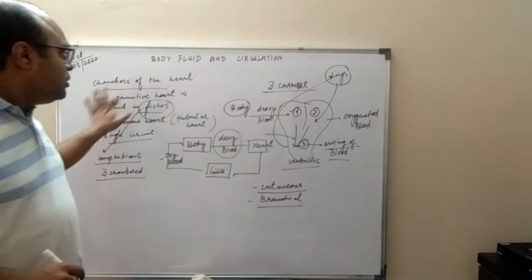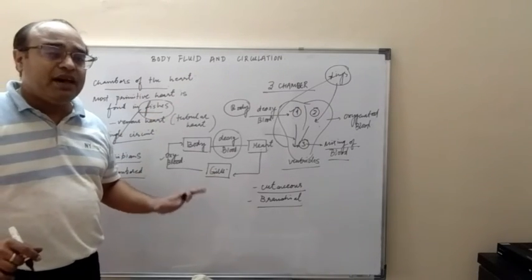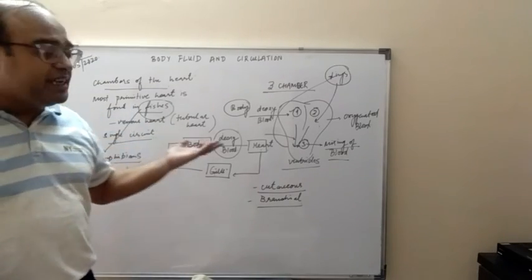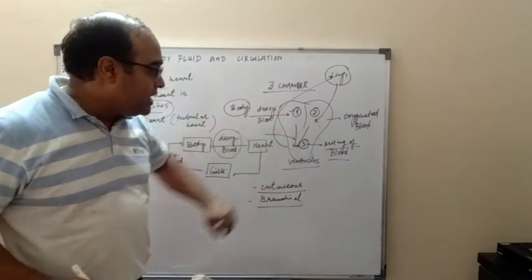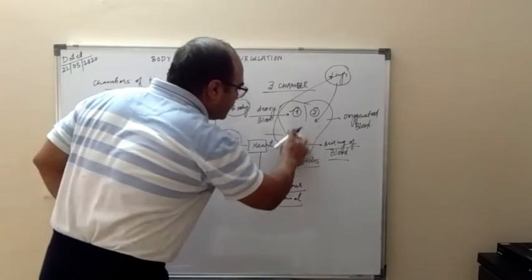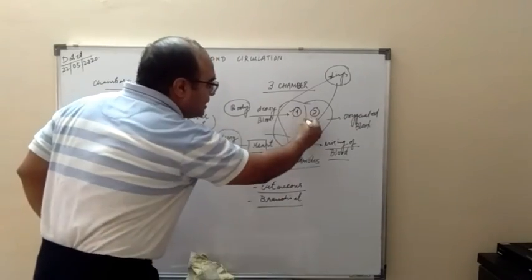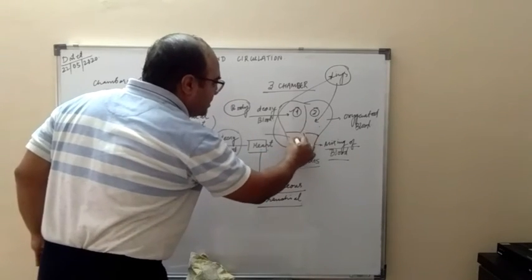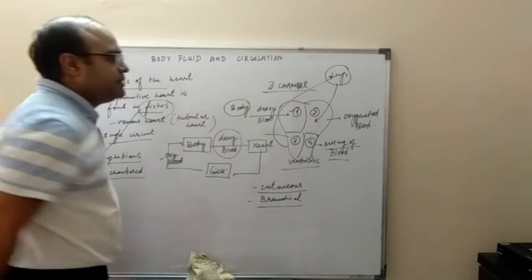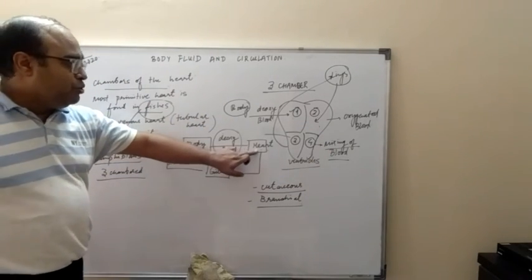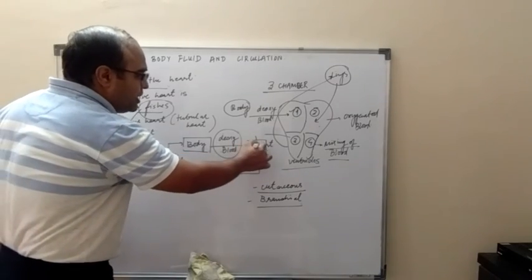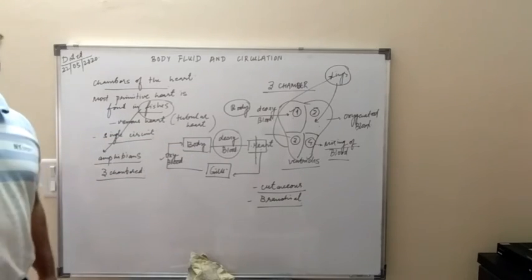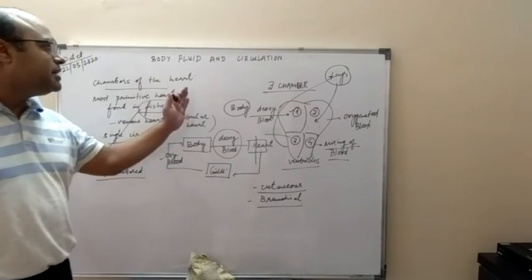Okay, so this is all about the evolution of the heart and how the primitive organisms used to breathe and what modifications came. Now in the modern heart, the heart which we have, what happens? The ventricle is also subdivided into two parts. So we have a four-chambered heart. So from two-chambered heart to three-chambered heart, and then to four-chambered heart. This is the evolutionary trend of the heart.